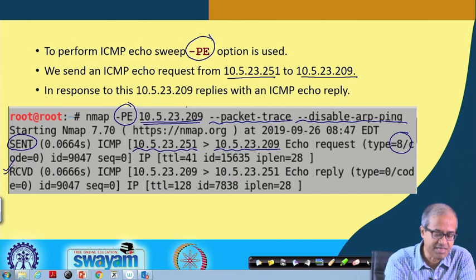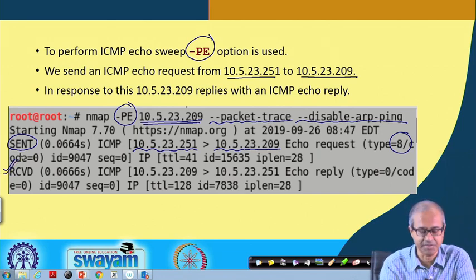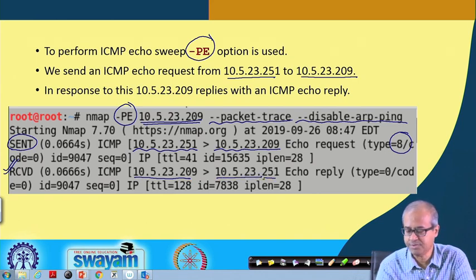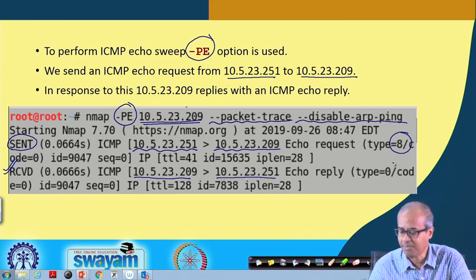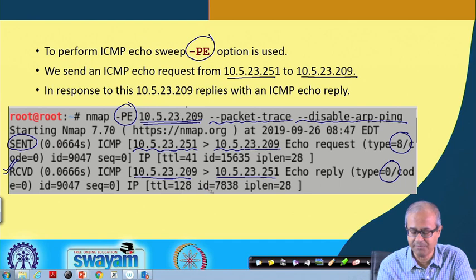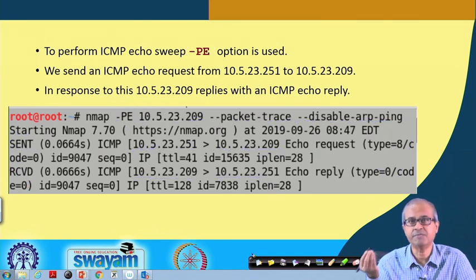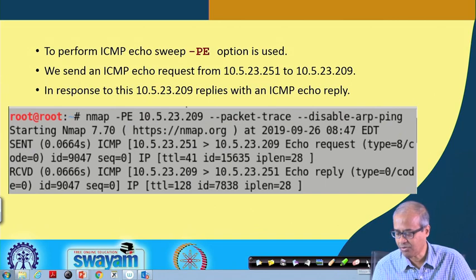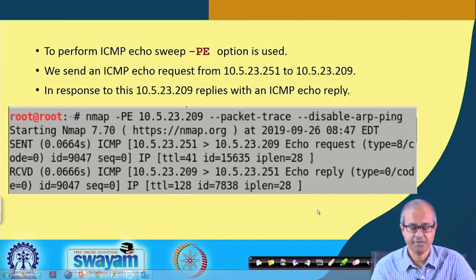And you can also see the received packet, a packet which is coming back from the target machine to my machine, and the reply packet, as I said, is of type 0. Type 0 is printed, and also the time to live, ID, IP length, etc. So, if you see that a response is coming back, then you can conclude that the particular IP you are trying to query is up.